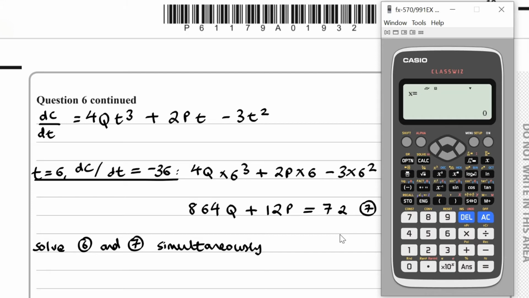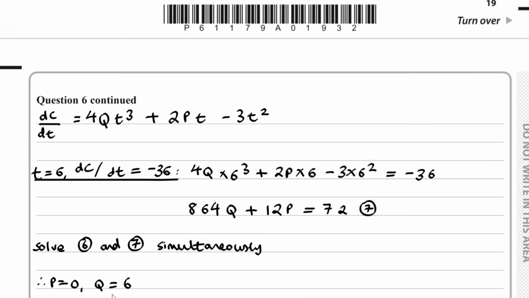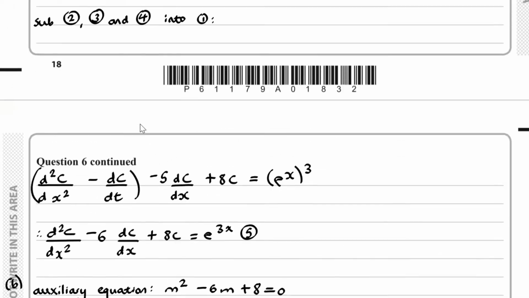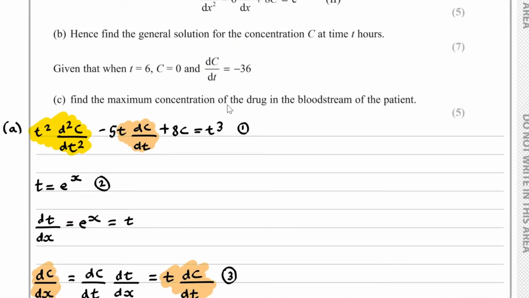It turns out that P is equal to 0 and Q is equal to 6. Sorry, put these the wrong way around. Q is equal to 0, P is equal to 6. And knowing that, our particular solution of C is equal to 6t squared minus t cubed. Now, if you go back to the question, we want to find the maximum concentration, and the